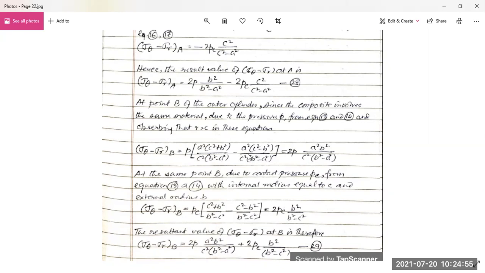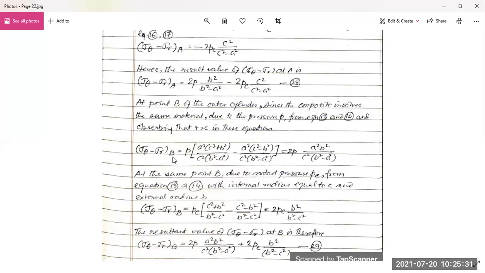A square in the outside, B square minus A square in the bottom, and put C square minus B square divided by C square. Then if we simplify further, both the numerators are the same here, so in the denominator A square C square will cancel by A square C square. So A square plus B square here, its minus will become plus, A square plus B square. So this is equal to A square plus B square divided by C square, B square minus A square. So at the point B,